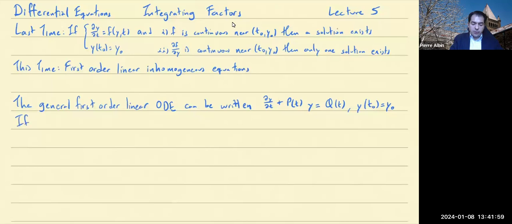So when you write the equation like this, if the function q is 0,